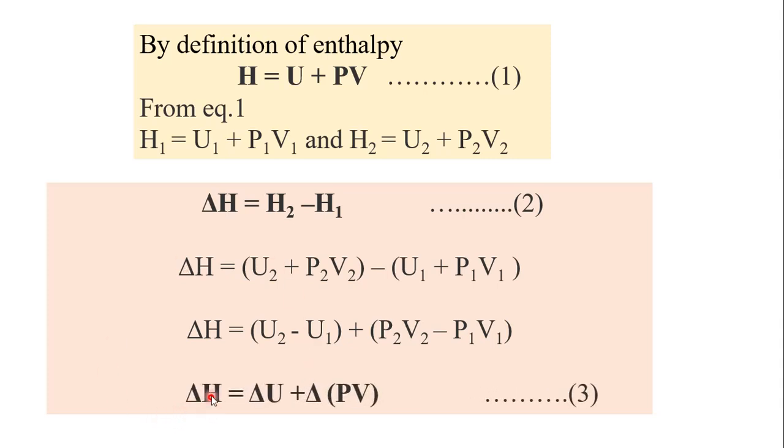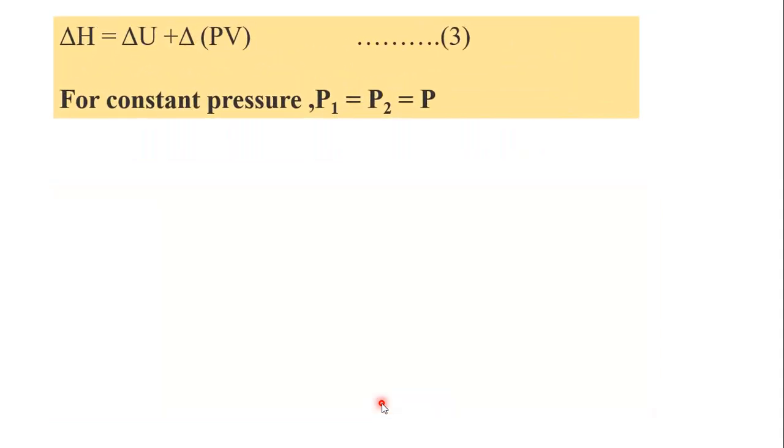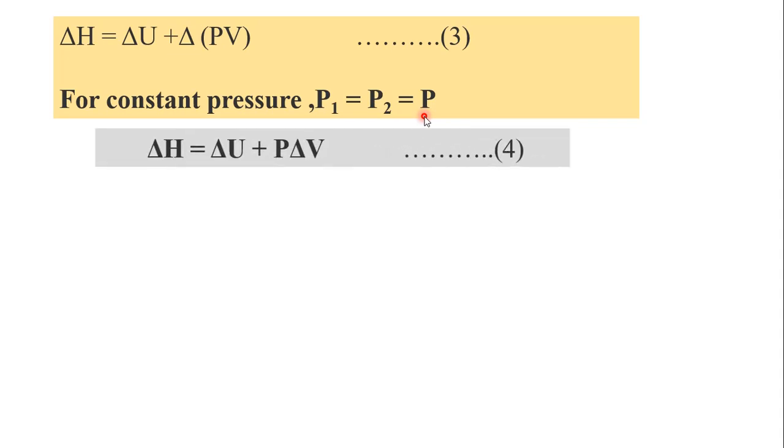Therefore, delta H is equal to delta U plus P2 V2 minus P1 V1, that is nothing but the change in the product of pressure and volume, delta PV. But this change is carried out at constant pressure. Therefore, P1 is equal to P2, which is equal to P,